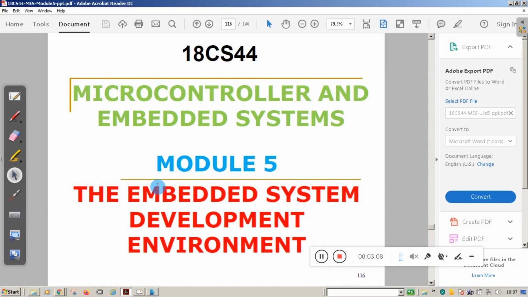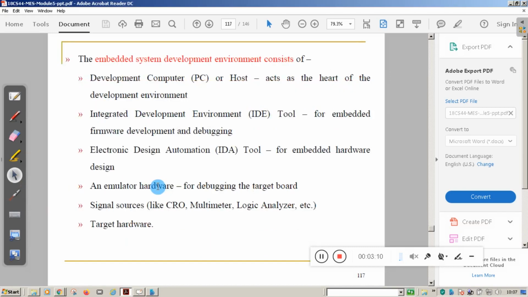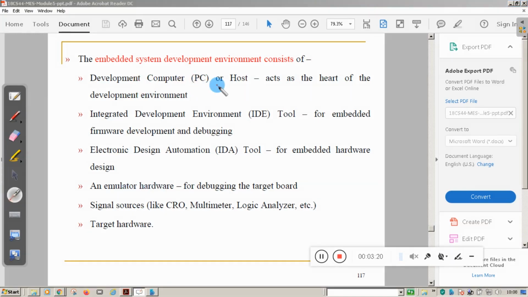Now, finally, we will move to the embedded system development environment. The embedded system development environment consists of a development computer, a PC, where you are going to develop the program. This acts as the heart of the development environment.